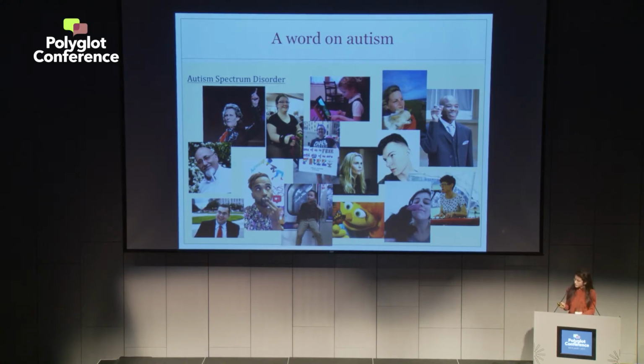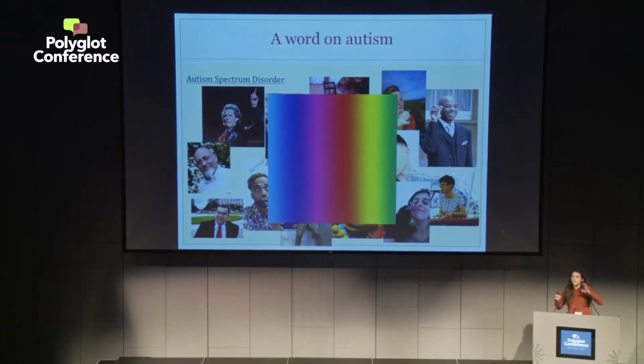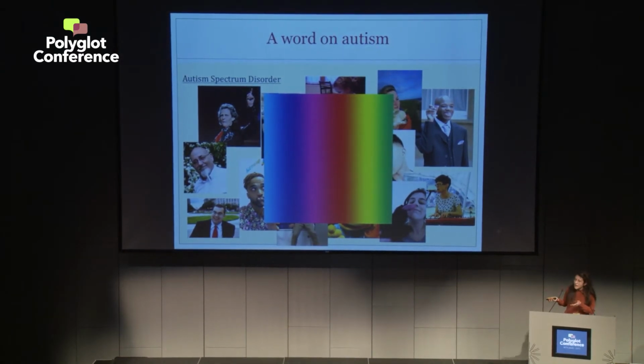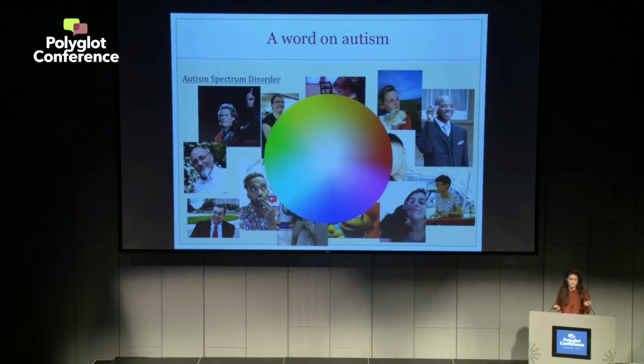For a very long time, autism was represented kind of like a spectrum, so like this. But now we start to better understand and to better acknowledge that diversity in autism. So we talk more about a constellation. And so on this slide, we could then picture it a little bit more like this.